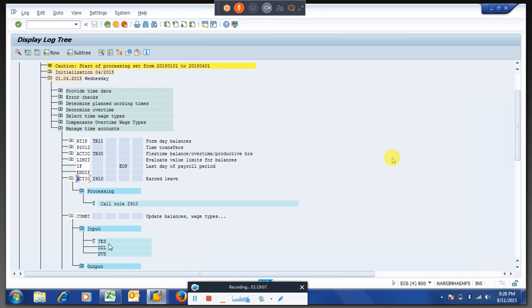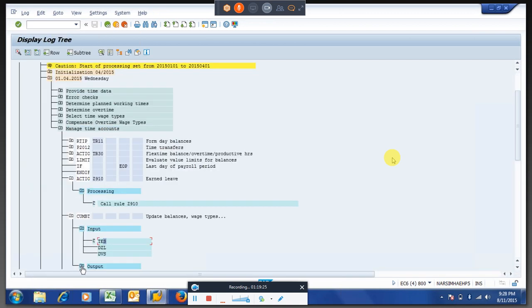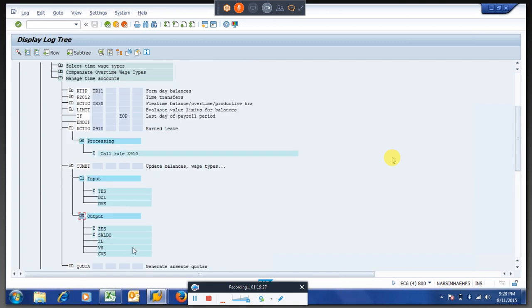After that, there will be a TES table. Whatever process was done, it will store temporarily in the TES table with the relevant time type, right, with this 12. So this will be updated to a table. As I discussed, there are 2 tables we are going to discuss: the month balance table and the day balance table.